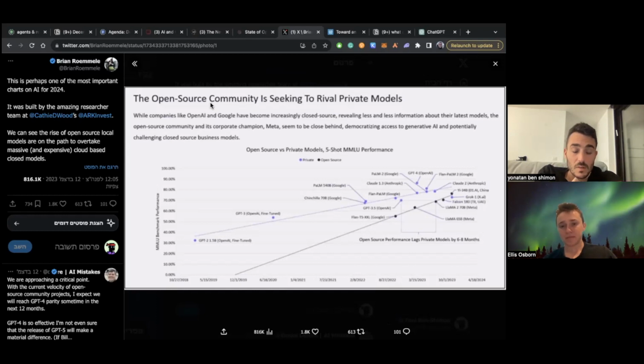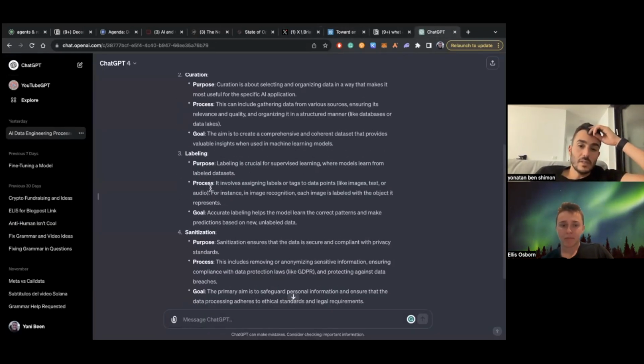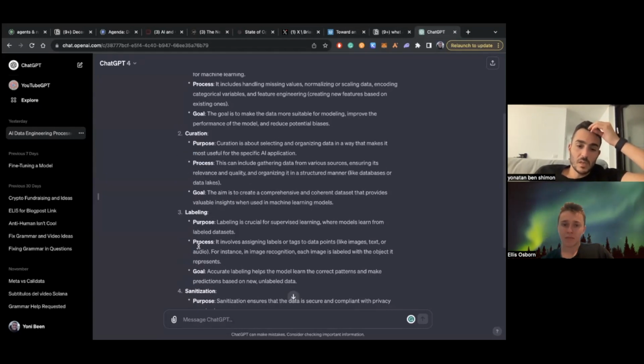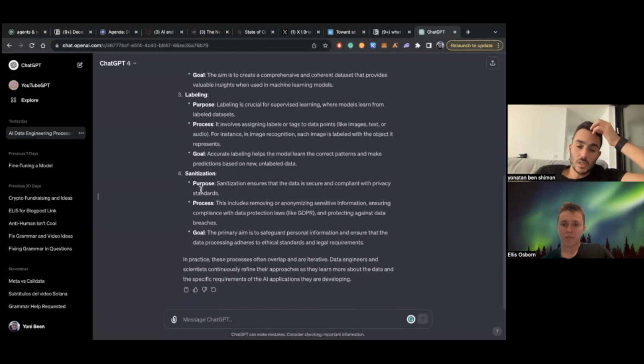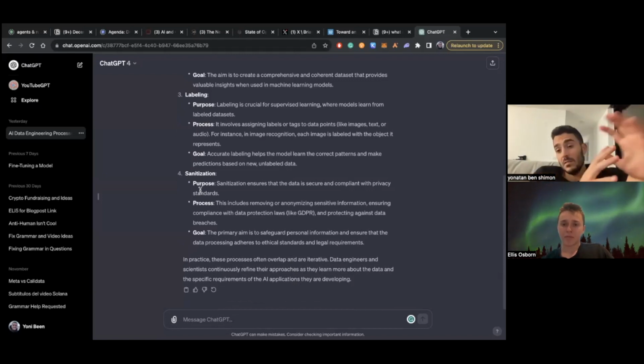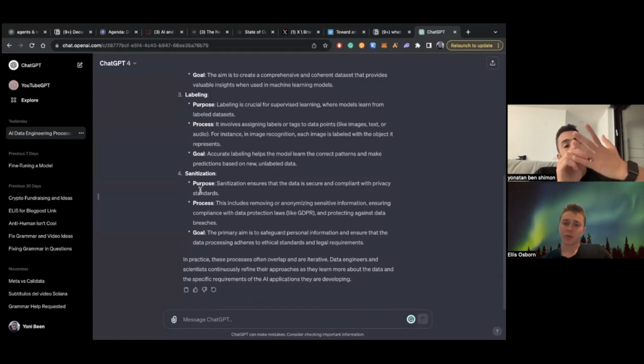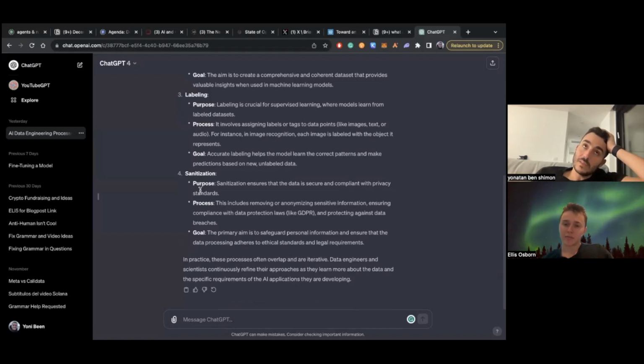You just need to decide on one. Look at these things, right? Each one of those things: pre-processing, curation, labeling, sanitation. If you create a protocol for that, it will be amazing. So what would you classify this category as, for people that are listening, in terms of things to watch out for? The creation of protocols that incentivize the creation of synthetic data.